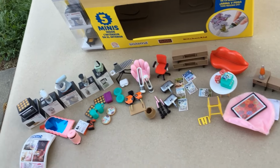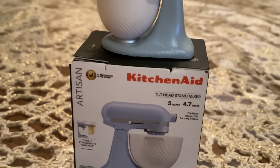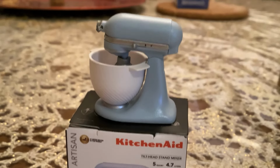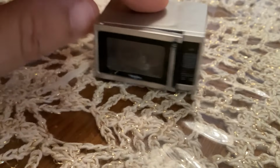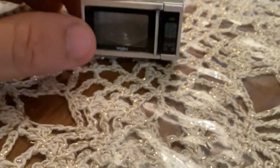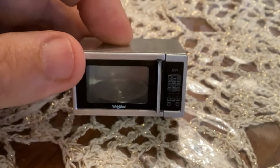And check out this lineup of KitchenAid items I've got. So here's my close up. Look at how cute that mixer is. I mean, it is just so highly detailed. And then here's the microwave that was actually attached to the box. And look, it's even got a little glass plate inside of it. So that is really neat. And that is made by